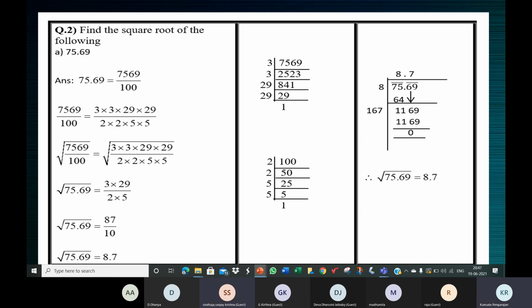Yes, children, see, that's all it is. It's a mixed fraction converted to an improper fraction. Find the prime factorization of the numerator. Find the prime factorization of the denominator. Then put it like this, what you see here. I'm pointing out on the screen. Put it like this. And find the square root. Once you find the square root, that is the side of the square. Then for perimeter, you should multiply that by 4. That's all.